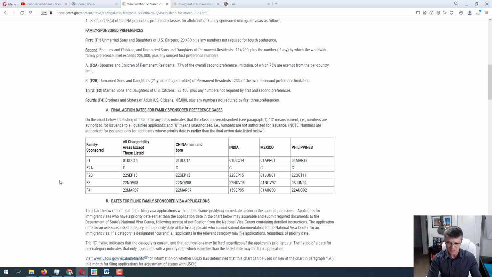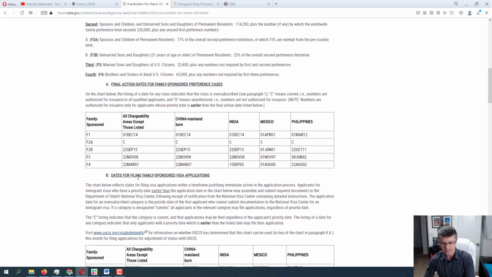And you can estimate approximately, not 100%, because these dates change. They sometimes speed up, sometimes slow down if there's a bigger backlog, or if there's some kind of delay in immigration processing in general. But if you stay on top of the Visa Bulletin and check it regularly, then you will be able to approximately estimate when that immigrant visa becomes available. So with that being said, again, if the visa is still not available for your beneficiary, there is unfortunately nothing that you can do,